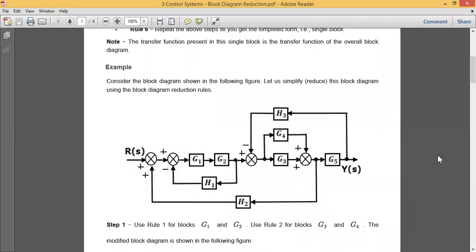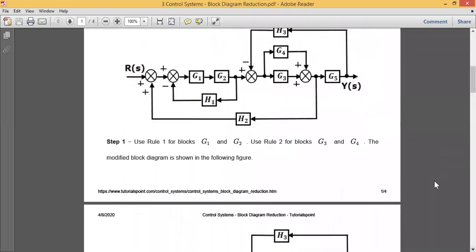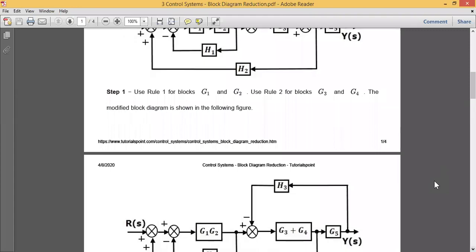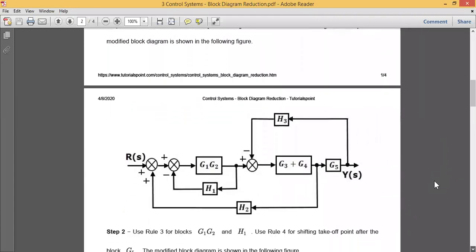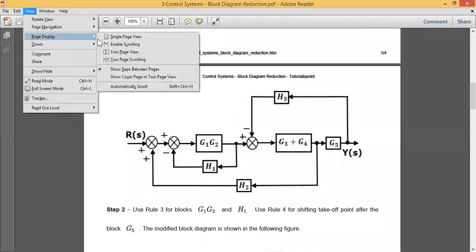I will just show you the modified figure of the given problem. So here is the new block. You should draw it again, once again, in the exam also. Now you can see G1 and G2 are in only one block. I have written G1 and G2 in one block. And what about G3 and G4? That too I have written in one block. Now you can see both the diagrams are completely changed, but they will give the same result.